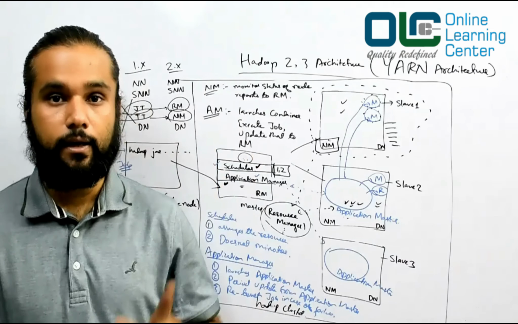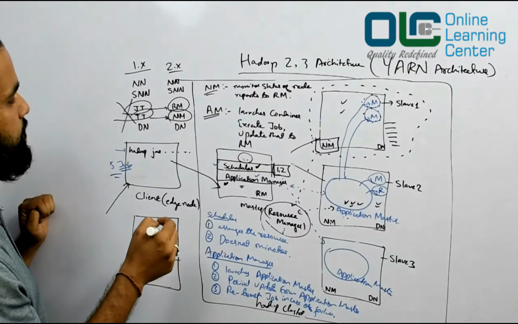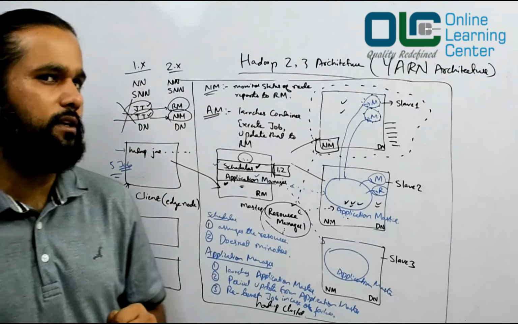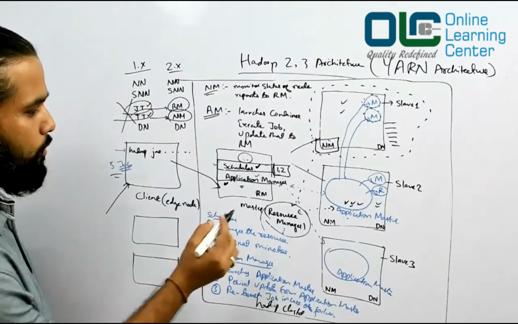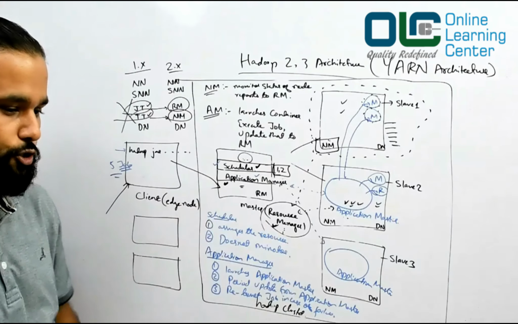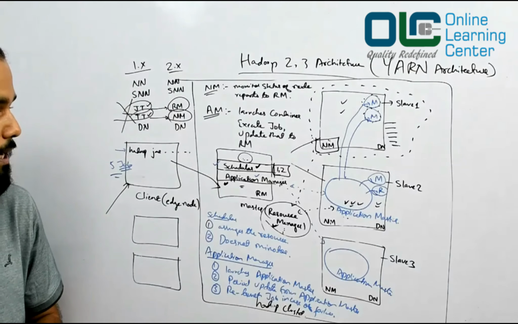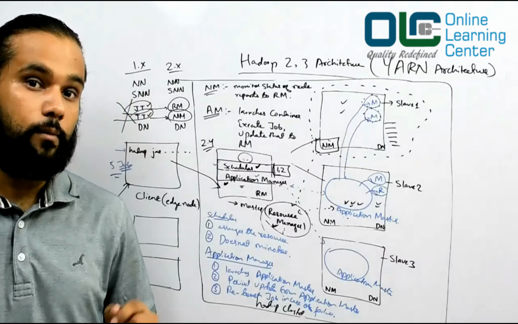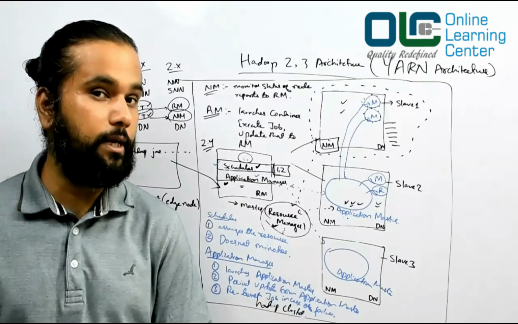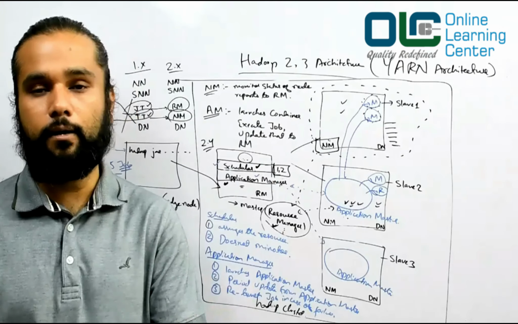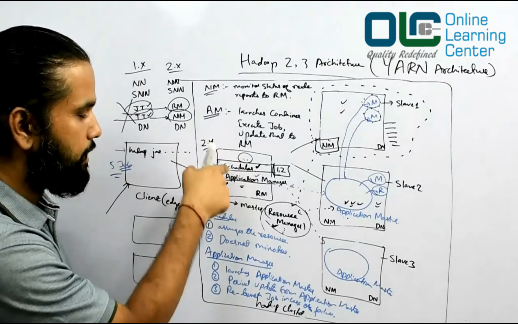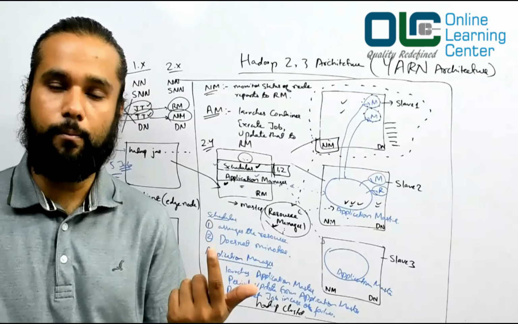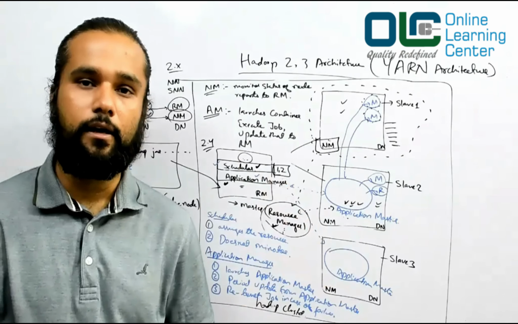with respect to Hadoop 1.x. Number one, if you remember, in Hadoop 1.x you had a job tracker and task tracker, and the job tracker was a single point of failure. But now we have a resource manager here. The question is, is the resource manager a single point of failure? Before 2.4, your resource manager was also a single point of failure, but right now the resource manager can be installed on many machines, out of which one would be made active and the other one would be standby. Anytime the active machine goes down, the other standby machine can be brought back to life, and then it can start resuming your job.